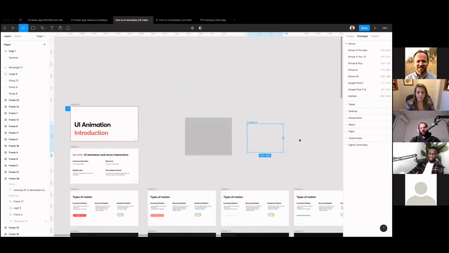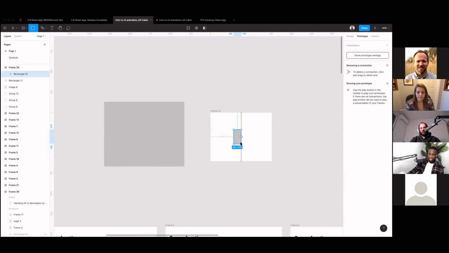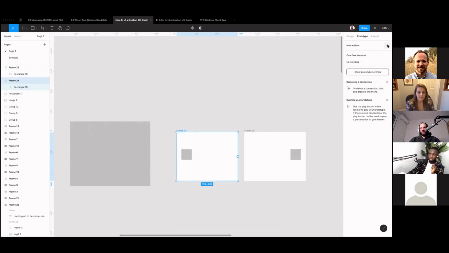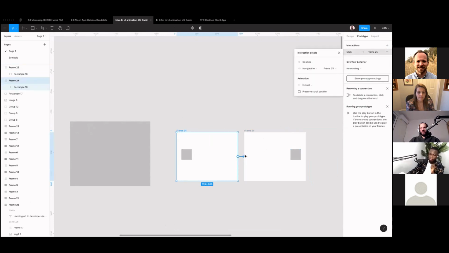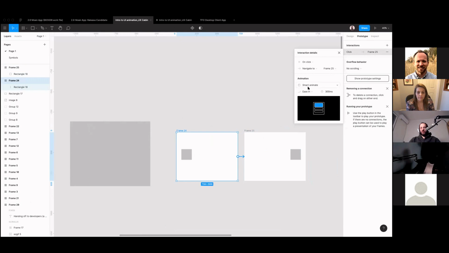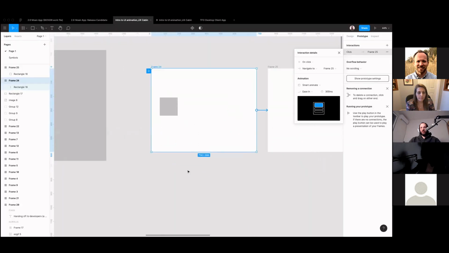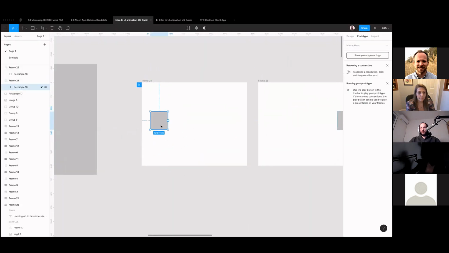At least we can create something nice. So let's say we want this rectangle to go like this. Let me just use this guy. Prototype, it's this guy. We can use Smart Animate. Let us try easing. You could see the interaction of how it works. You might not really see the beauty right now, but let me do,